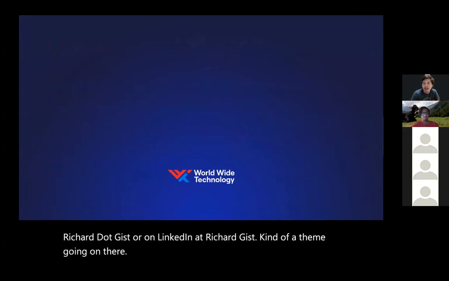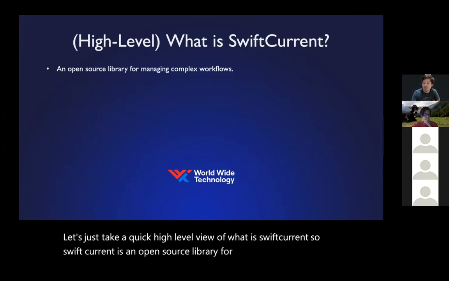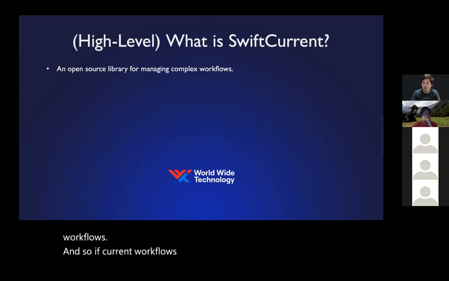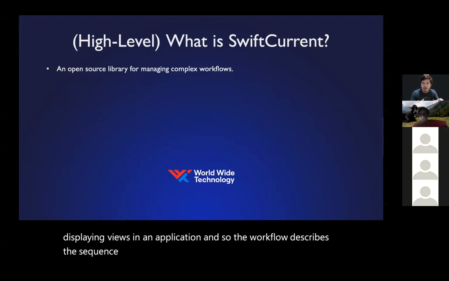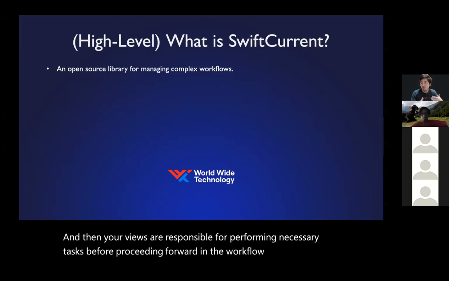Let's just take a quick high-level view of what is SwiftCurrent. So SwiftCurrent is an open source library for managing complex workflows. In SwiftCurrent, workflows are a sequence of operations, usually displaying views in an application. And so the workflow describes the sequence of views and manages which view should come next. And then your views are responsible for performing necessary tasks before proceeding forward in the workflow, something like processing user